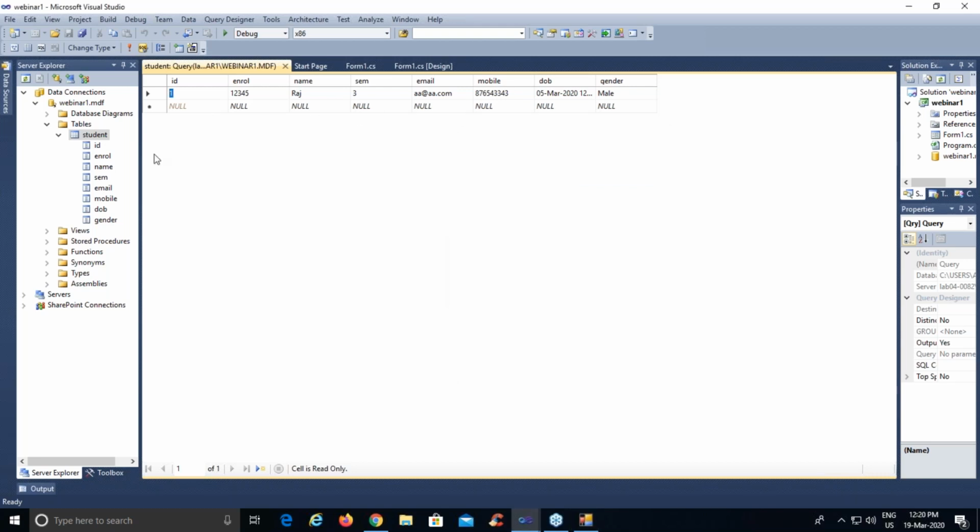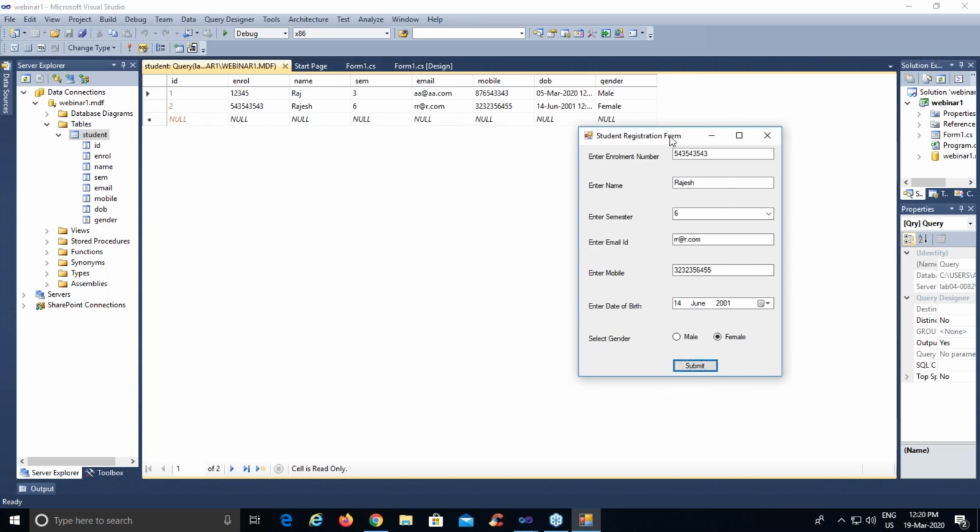Again, go to this layout of your table. Click on this button. Those who are using Visual Studio 10, and those who are using Visual Studio 2015, you need to right click on your table, show table data, and refresh your design or layout. Click on this, you will see ID 2 has been generated with this particular data that we inserted now. Clear with this, everyone?